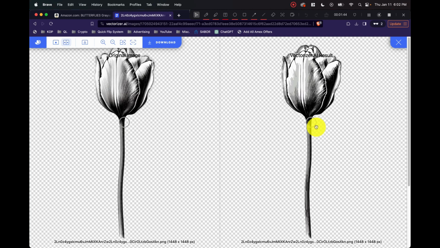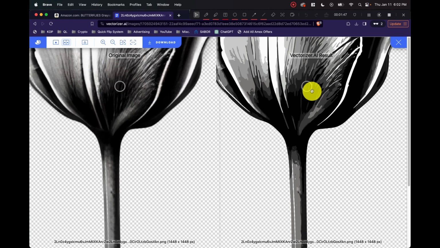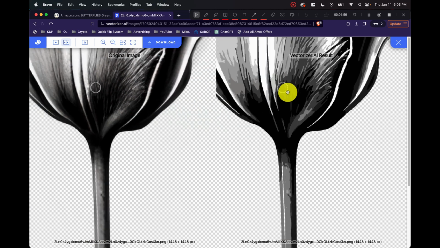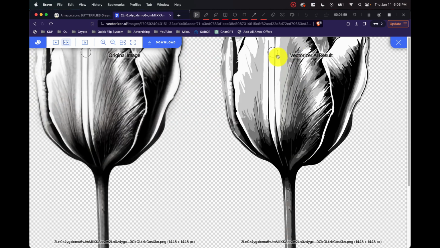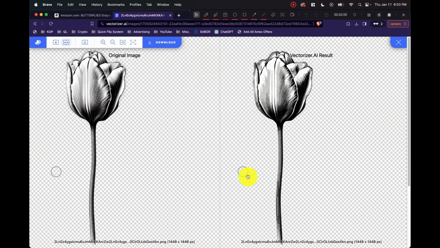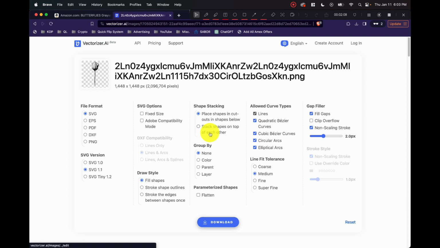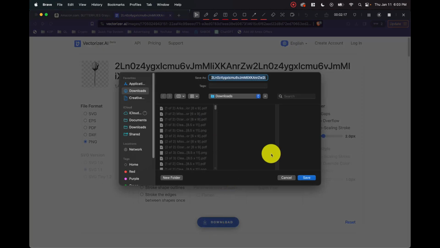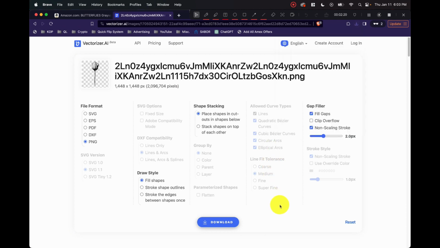And so if you zoom in, you can see the difference. You can see on the left how it is very blurry, but on the right is actually an image that can be used for your coloring book. So if we want to download this, all we hit is download, and then we choose PNG, and I just leave all this alone and then just click download, and then we go ahead and download it, and then that's done. And then I'm going to go ahead and do the same thing for the T-Rex